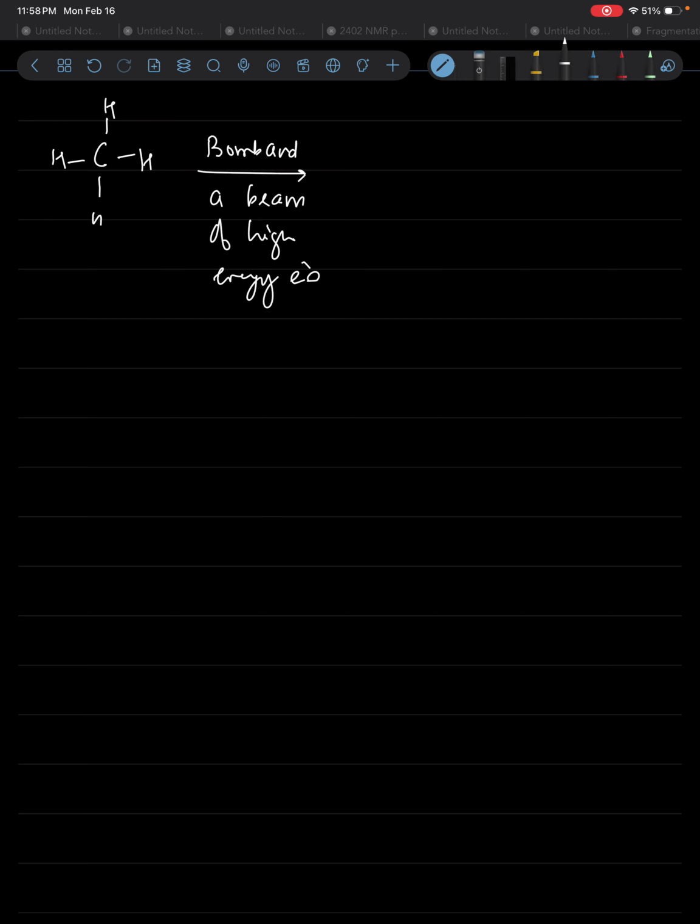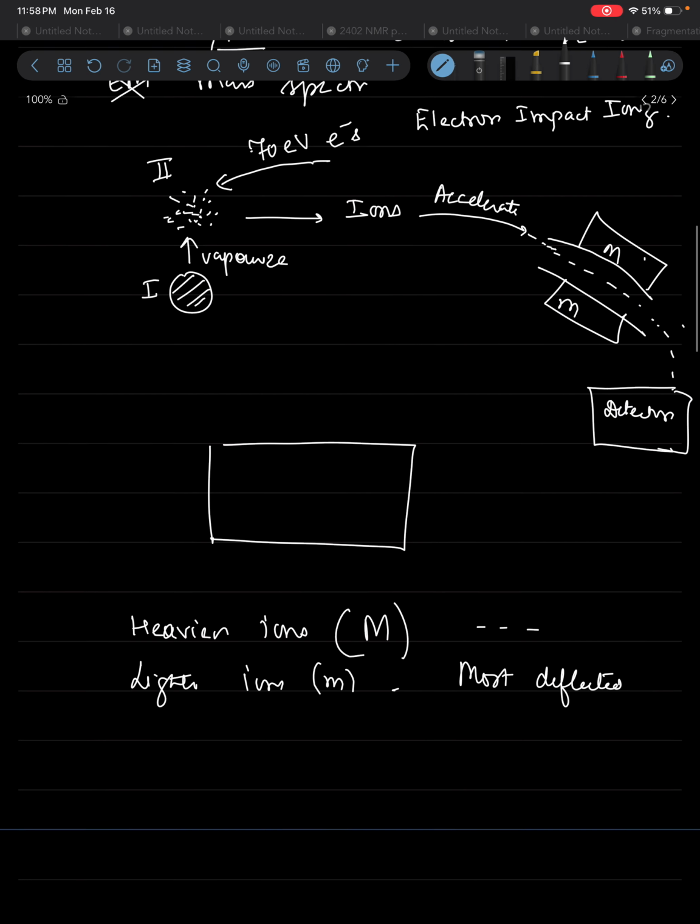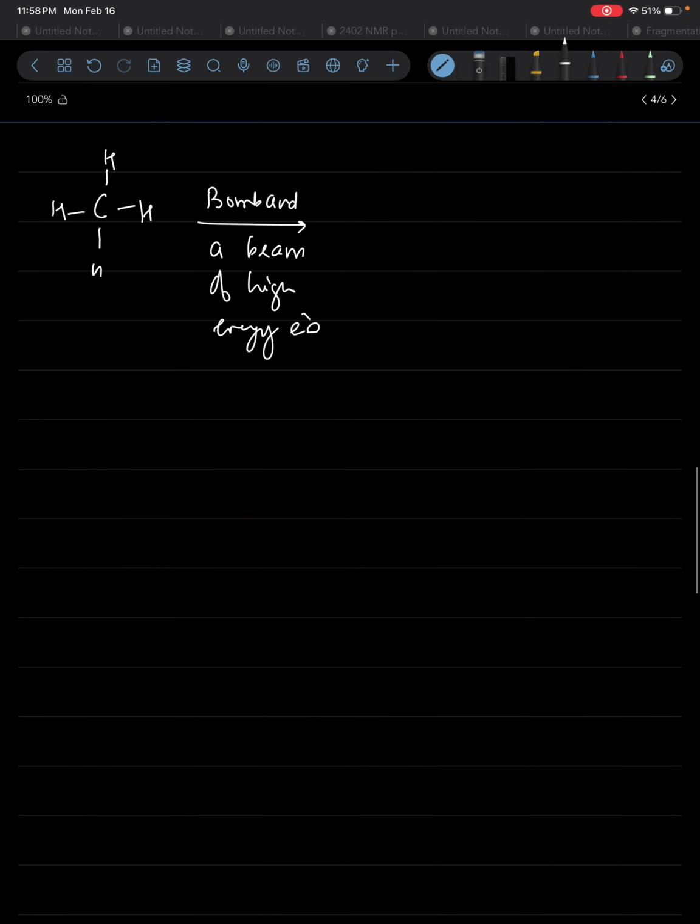Now let's do this with an example. Let's take the simplest molecule, methane, right? You vaporize it and then allow it to come in contact with a beam of high energy electrons. This would take away one of the electrons out